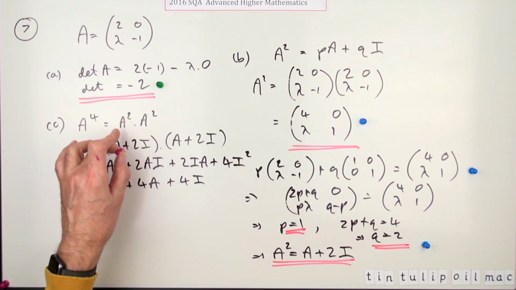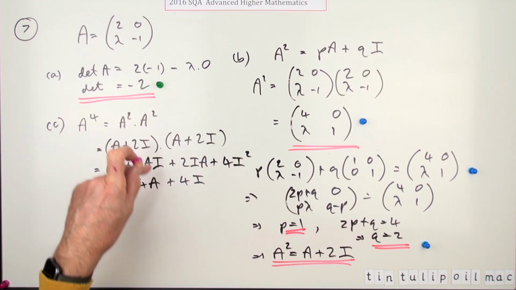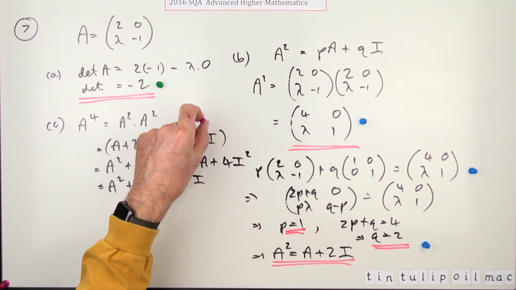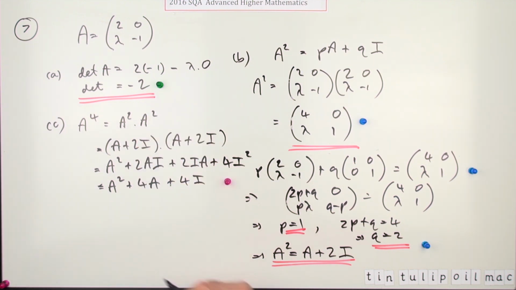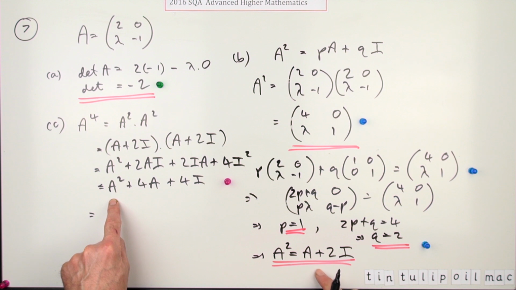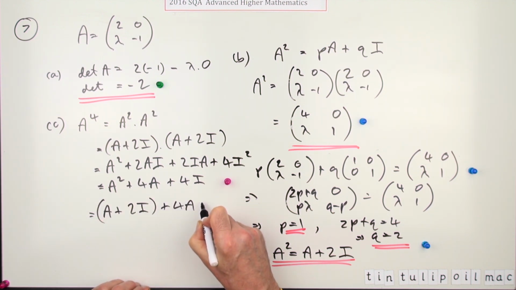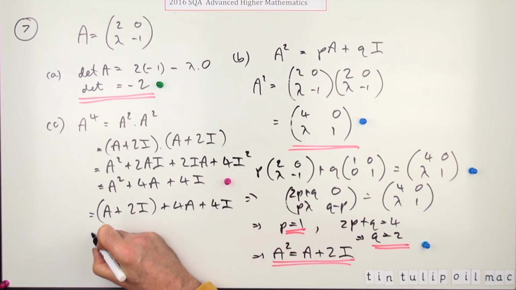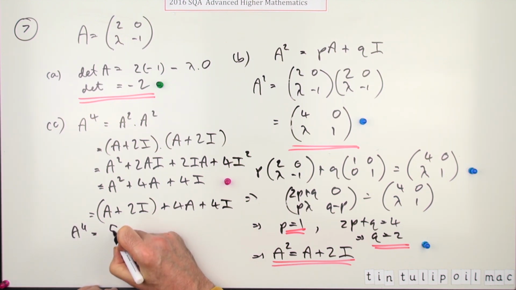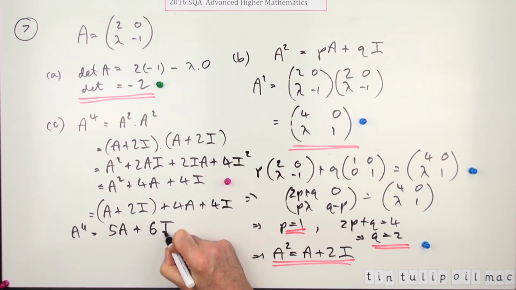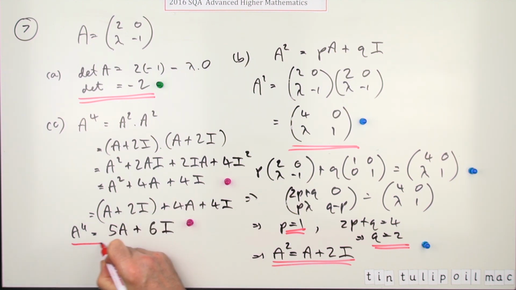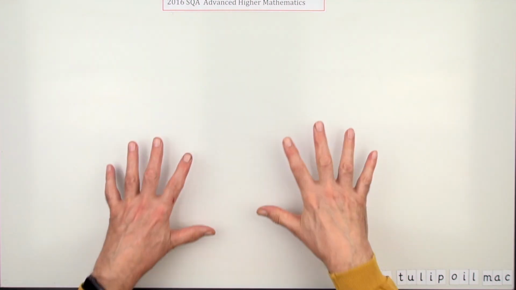Now, multiplying it by itself, I'm not sure exactly where it comes into this, but there's only 2 marks. It might come in here, but I'm going to put it there. Gives the first mark. The next mark comes from substituting it back into itself. So that A squared reappears as A plus 2I, I'll just emphasise that, plus 4A plus 4I. Giving you finally, A to the 4 is 5 lots of A, plus 6 lots of I. There's the last mark. And it didn't say anything but P's and Q's and stating P's and Q's here. So there it is then, 6 marks. Oops, forgot